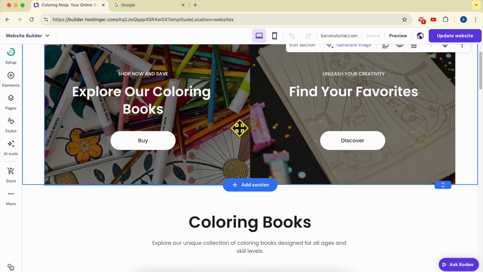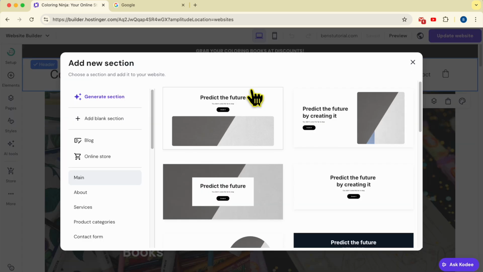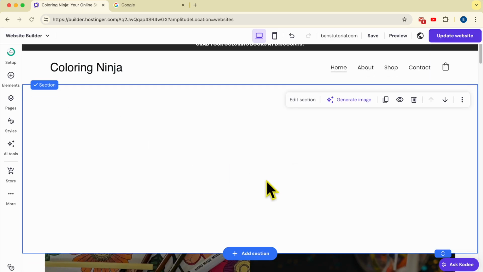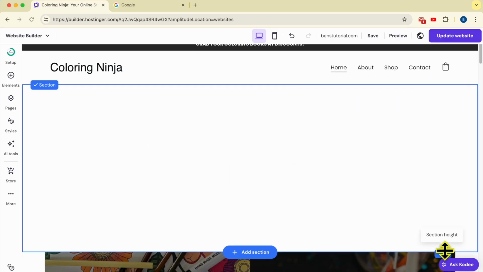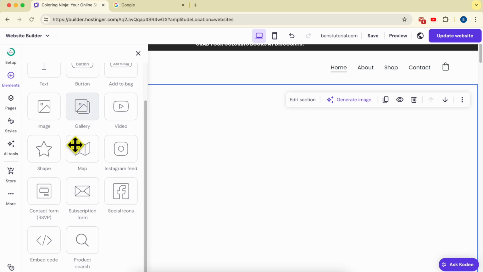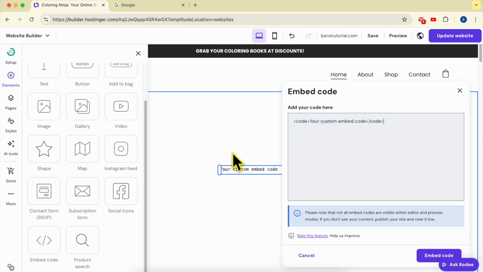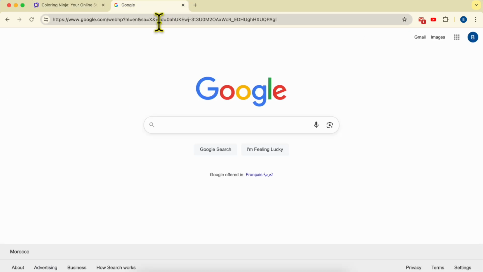This is my website in Hostinger Website Builder, and the first thing I will do is create a blank space to add my Google form. Here, simply click on this plus icon or Elements, scroll down to the bottom and drag and drop this embed code element just like that. Now click on enter code, delete this default code, and now go to Google